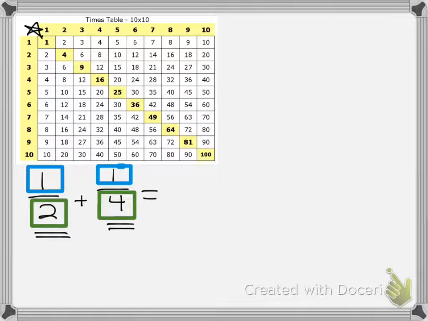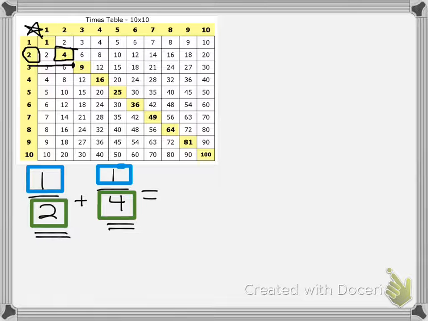And if we just cannot remember our multiplication facts, we can look to this 2 right here and start going across just like this until we see a common denominator, which in this case is going to be 4. Or not a common denominator, but something that they share. So now that I have identified that 2 and 4 both have 4 in common,